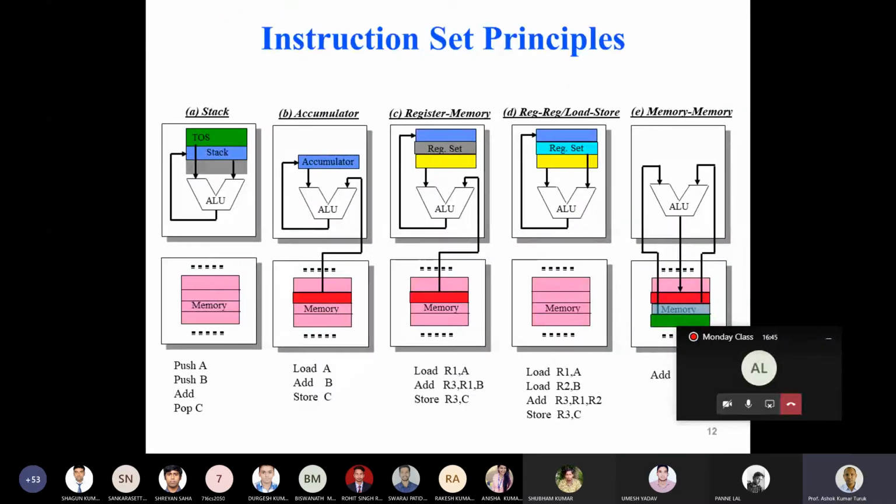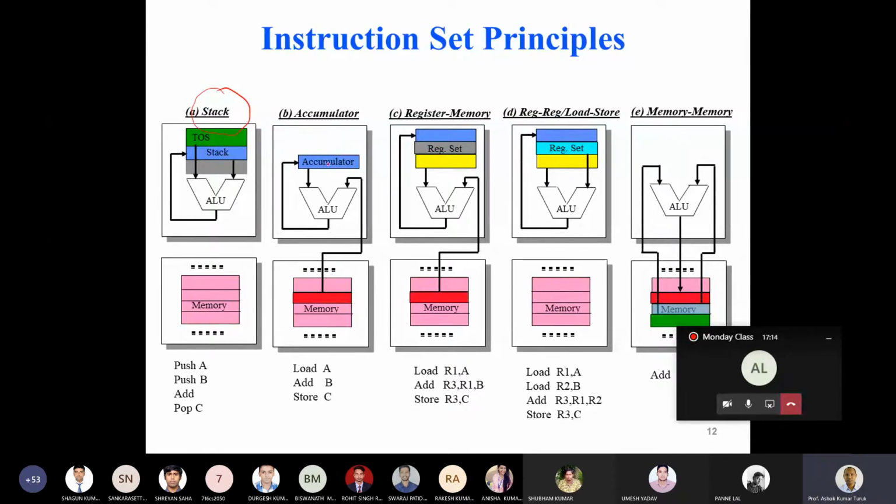So this is the example of the three instruction set architectures that we have discussed. The first one is stack based, where all operands are present on the top of the stack. You retrieve from the top of the stack, perform the operation, and write the result back to the top of the stack.